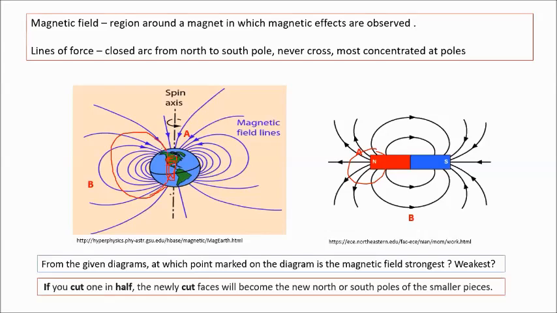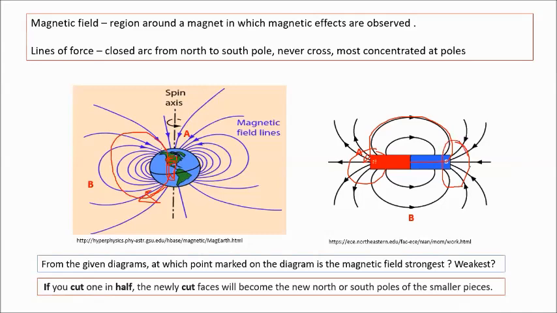Forming a closed loop. Again, initially, from north, back to south, back to N, forming a closed loop. Similar to the bar magnet, nag-start sa north, papunta sa south, at south to north. Forming a closed loop. So, field lines never cross, and are most concentrated at poles. So again, as strong ang magnetic field